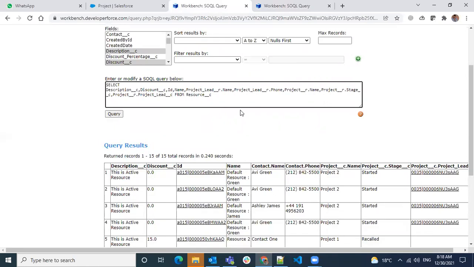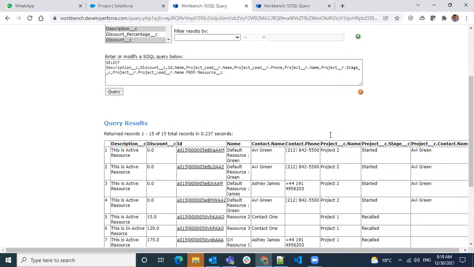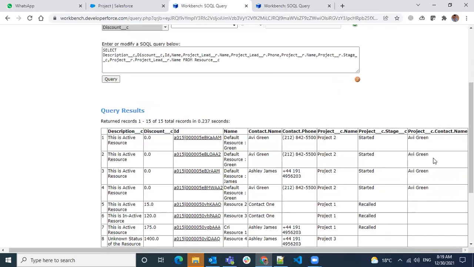What can I do here? Again, we can change C to R, so it becomes a relation, and I can write the name of the project lead. So I'm going to extract project.contact.name, which is the lead on my project.